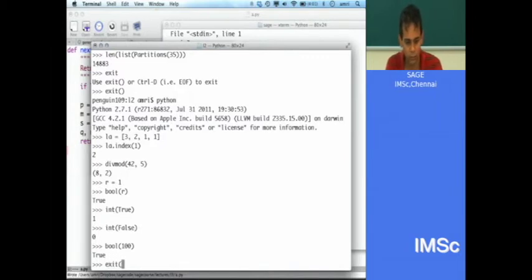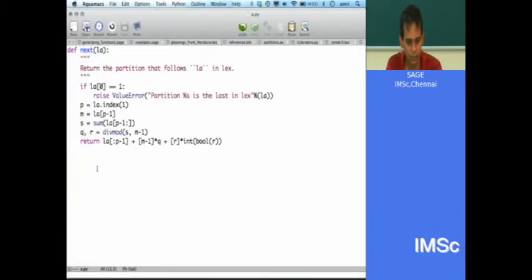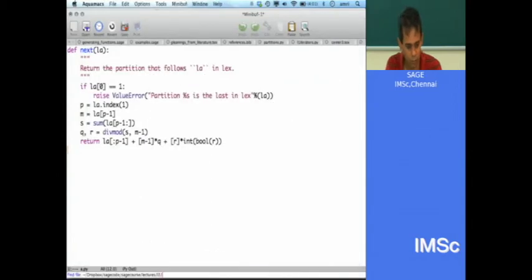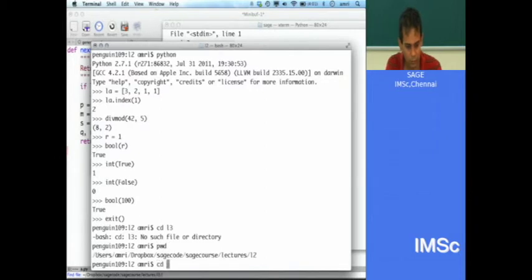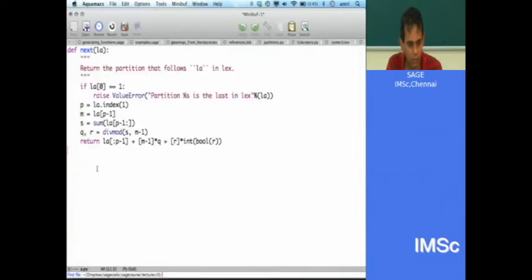If there is no 1, right? Since you're finding the index where there is 1, maybe you want to try except. Sorry, one second. What did you say? So p is la.index(1). If there is no 1, it gives an error. It says 1 is not in the list. Oh yeah.